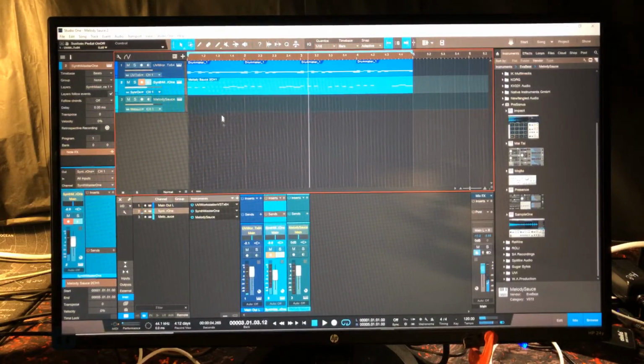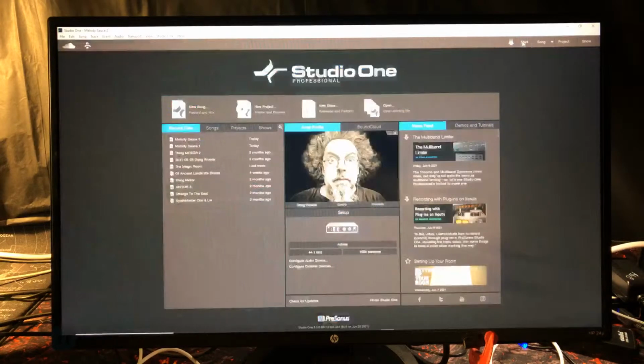So that melody there being played by Synth Master 1 was created by Melody Source. Super cool. Okay, so I think what we'll do is we'll go back to our start menu again, and I will go new song,